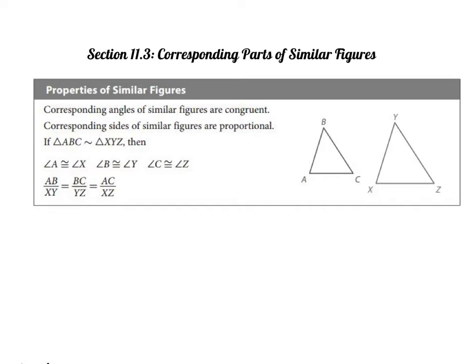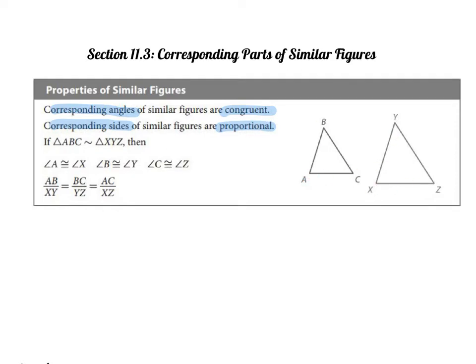And they have these two really important properties. The first property is corresponding angles of similar figures are congruent, as I just mentioned, and corresponding sides of similar figures are proportional, meaning they're not going to be congruent. For example, AC is clearly not the same length as XY, but they are going to be proportional in relation